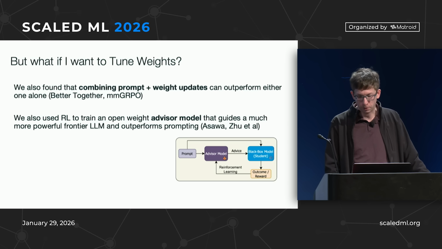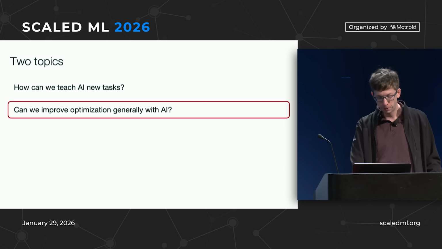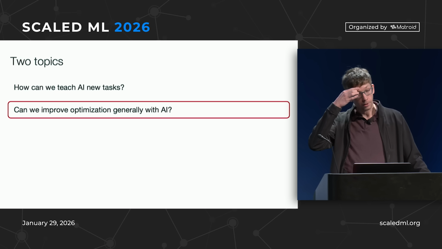Okay, so hopefully I've convinced you that working with text parameters is interesting and powerful, and certainly it's very fast to try if you haven't tried it. Now I want to step back a little bit and talk about optimizing things more generally, because so many things can be cast as optimization problems. So DSPy and GEPA are actually part of a wave of work that happened more or less in parallel on optimizing things with LLMs as proposers.